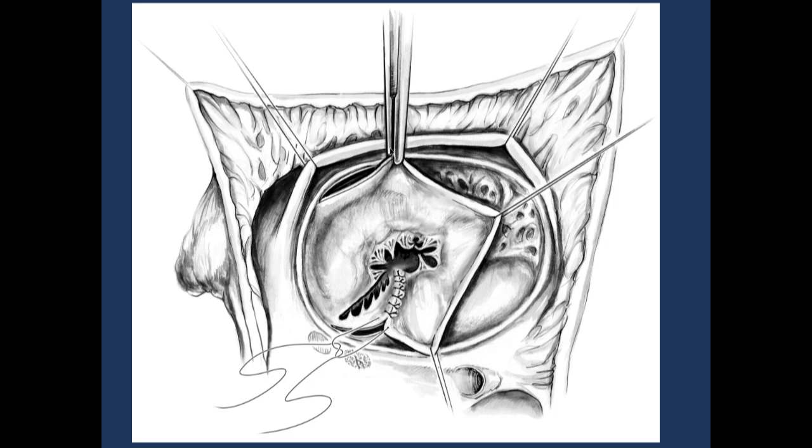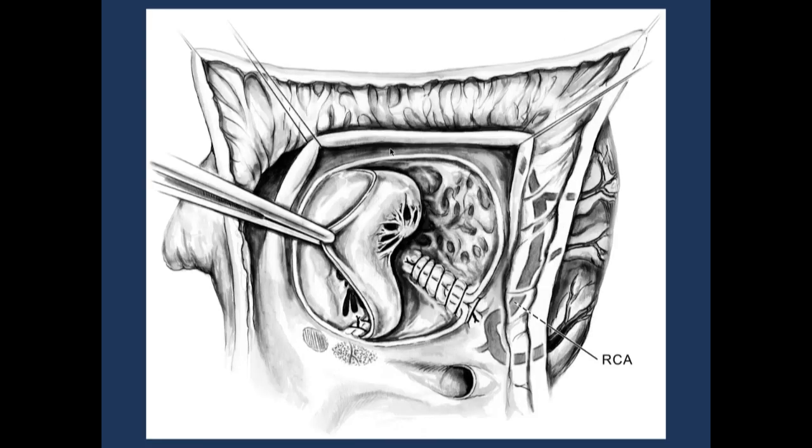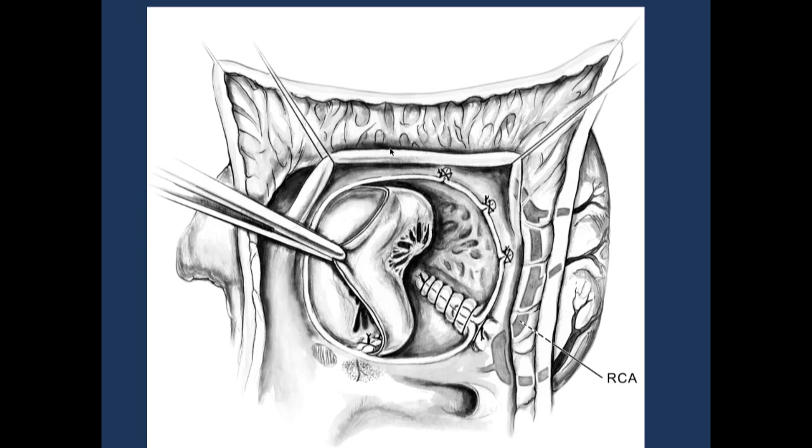And the idea is to take this leaflet, instead of having it attached here, to attach it over here to the true annulus. And so he does this by making the cone first, as you can see here, and then making the ventricle here a little smaller so that this will fit into a new annulus. In order to make that work, one has to make the annulus smaller, which can be done in 3 or 4